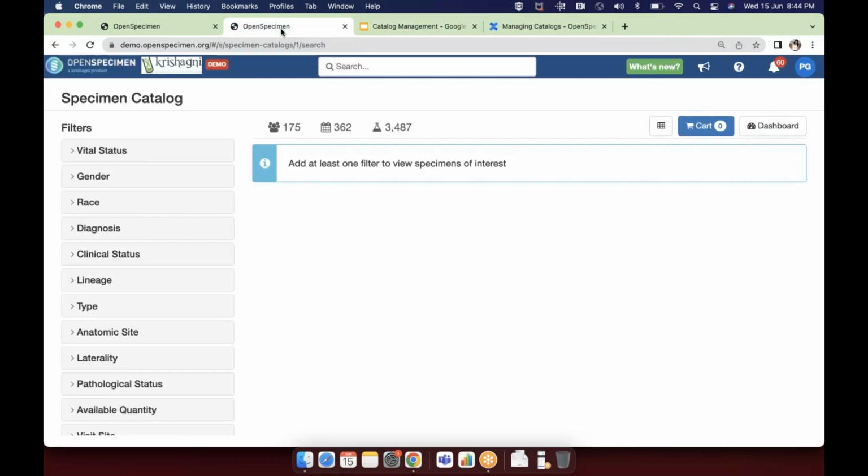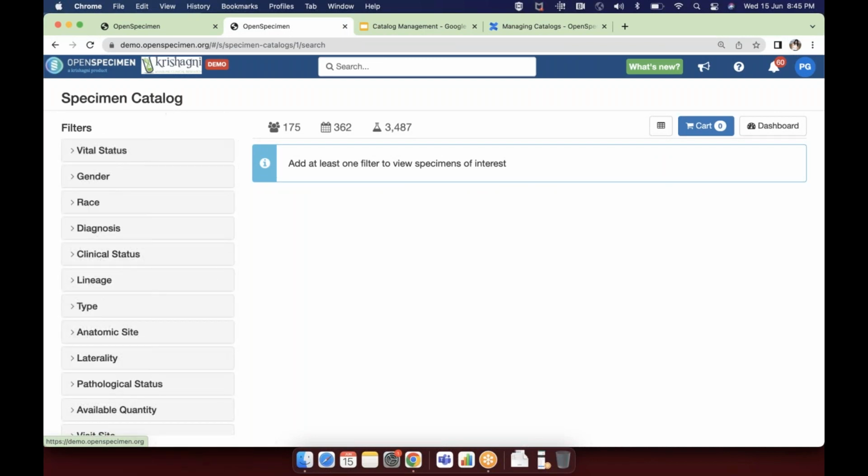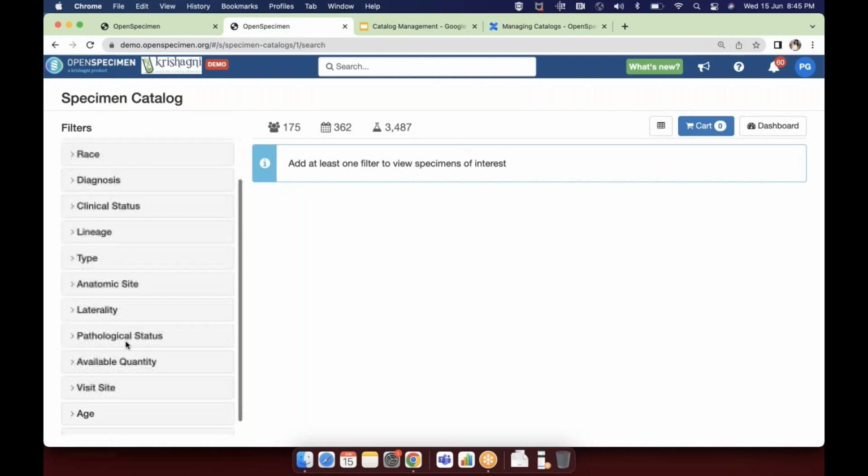Whereas in a catalog, when a researcher accesses it, this is a simplified version of the query module, because the filters are predefined. Even though OpenSpecimen has hundreds of fields across participant, visit, specimen, and custom forms,